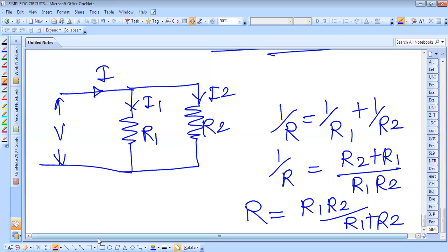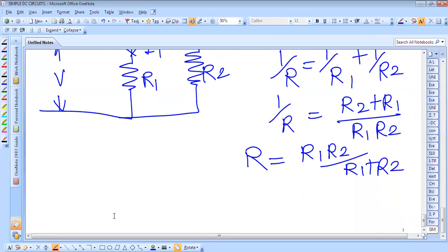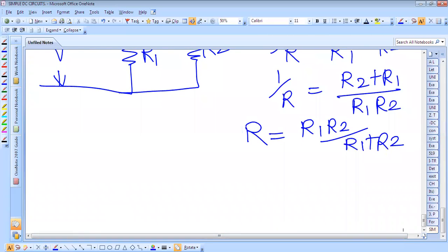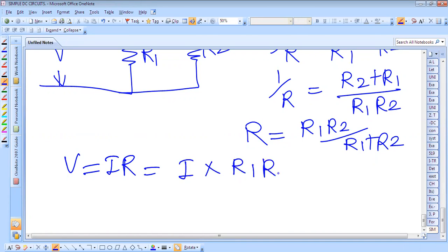Now, V is equal to I R. So this equivalent resistance is nothing but R1 R2 by